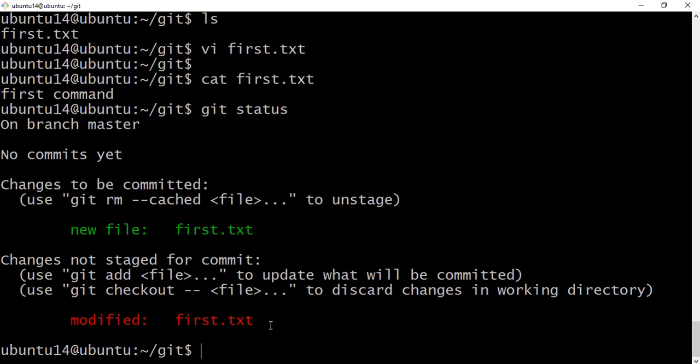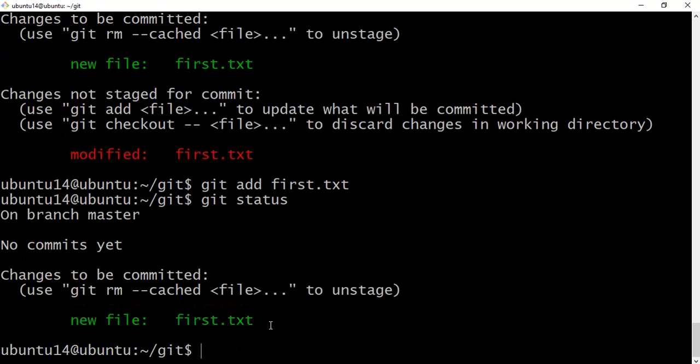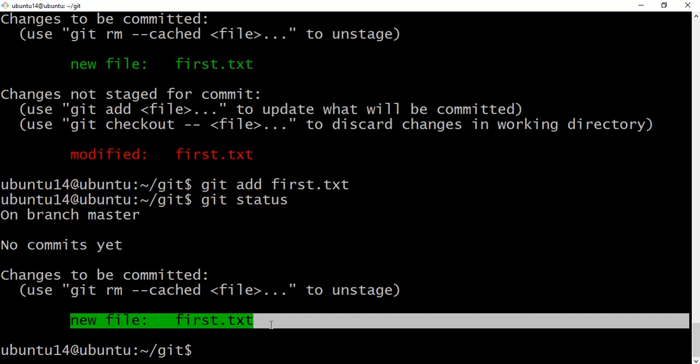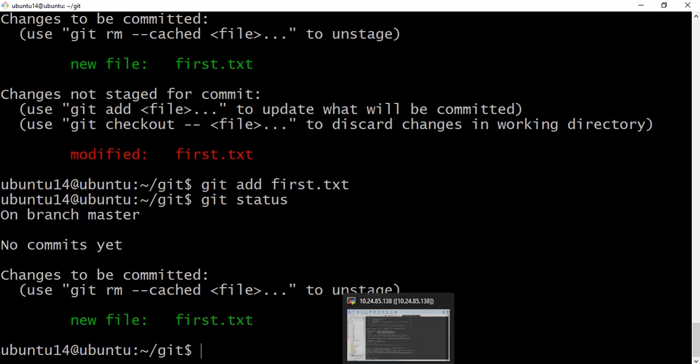right? If you perform the git add command, git add first.txt, then when you check the git status, now it's showing as green color. It's because we have added our changes in the local git, so that's why it's coming in the green color. Before, it came in red color. Once we do git add, then it's coming in the green color. Now we'll open the PowerPoint again.